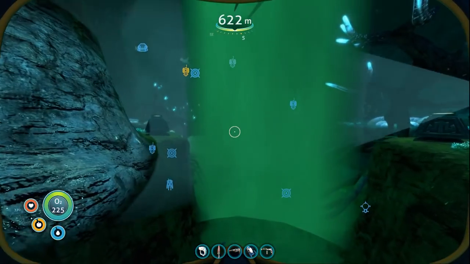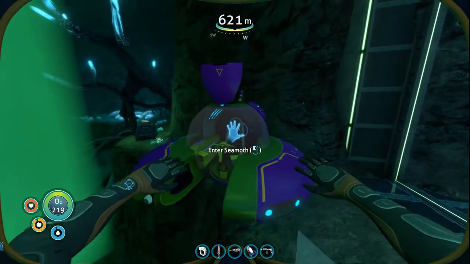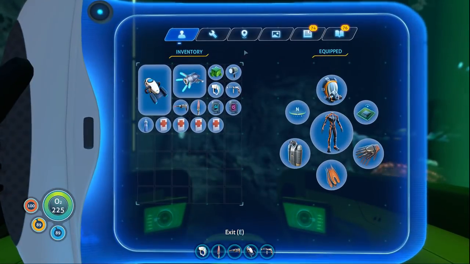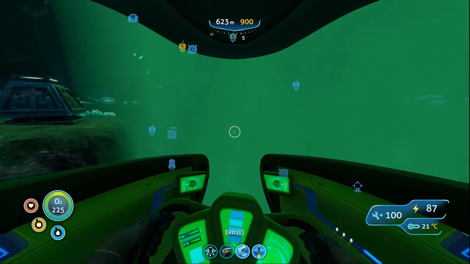Let's release these peepers. I'm not sure they'll appreciate me letting them go down here, but... See you guys. Have fun. Don't get eaten. Okay, Sophia. Welcome aboard, Captain. 87% power. Right. We have got to find eye stalk seed, sea crown seed, fungal sample, ghostweed seed, and bulb bush sample. Okay. Ghostweed, I think, isn't even in here, so...